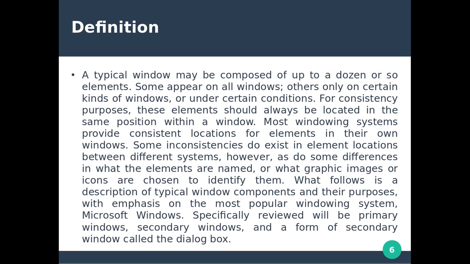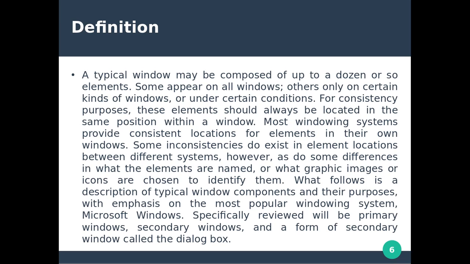Some inconsistencies do exist in element locations between different systems. However, so do some differences in what the elements are named or what graphic images or icons are chosen to identify them. What follows is a description of typical window components and their purposes, with emphasis on the most popular